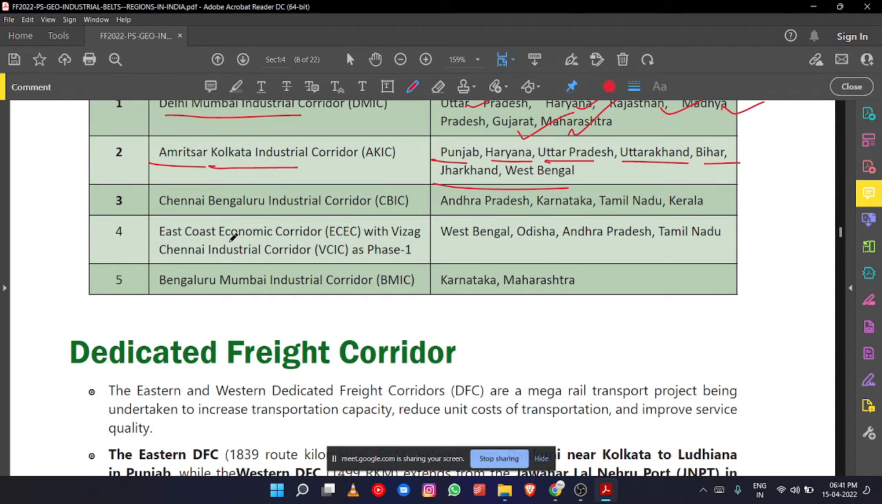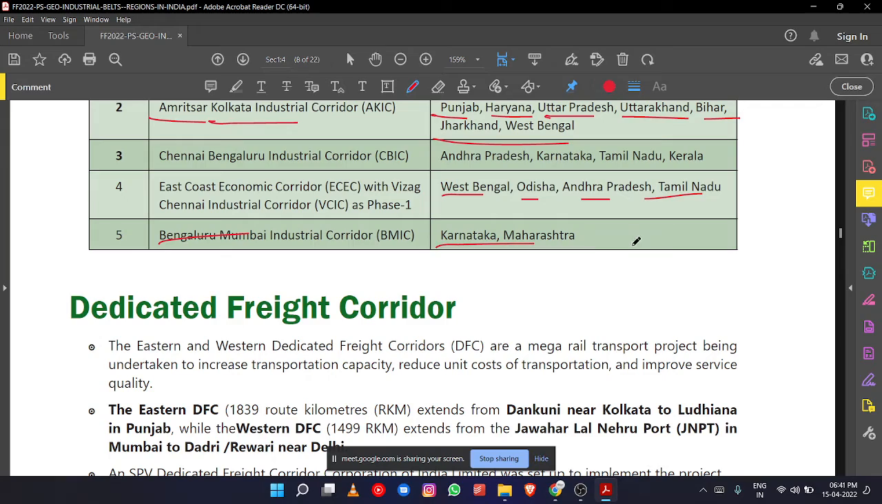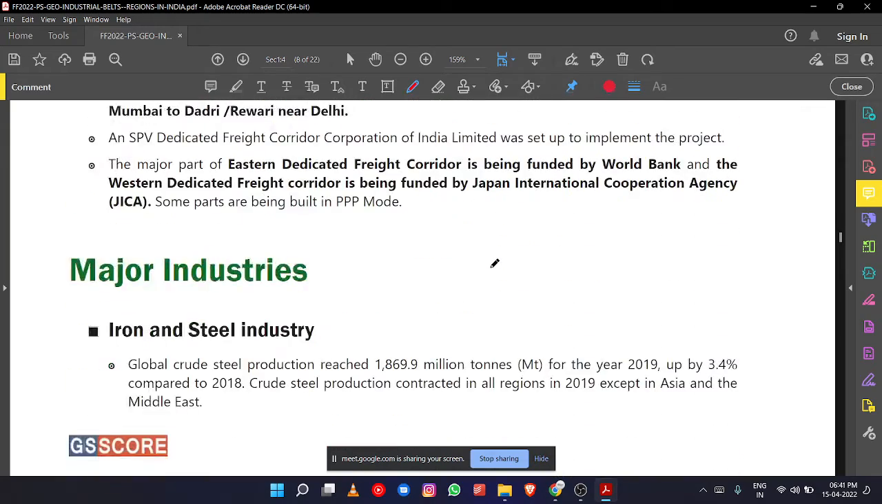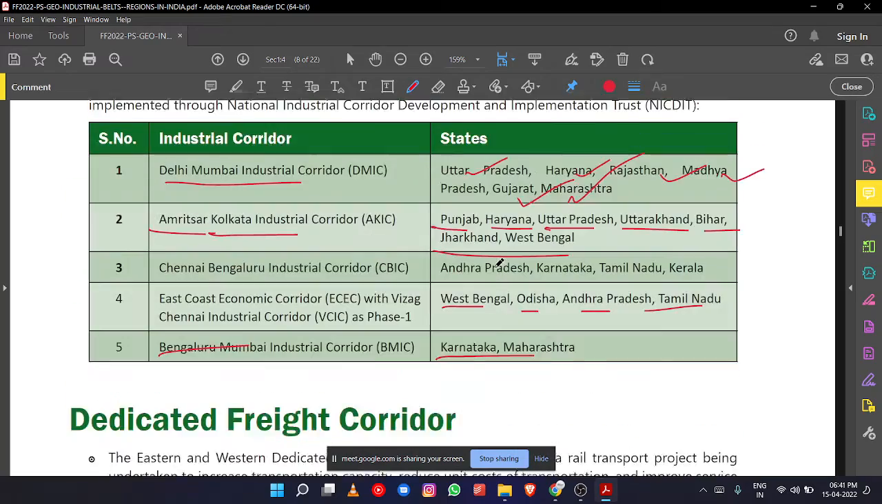East Coast Economic Corridor with Vizag Chennai Industrial Corridor in phase 1, and then in phase 2 there is another plan. So Bangalore Mumbai Industrial Corridor. This East Coast Economic Corridor covers West Bengal, Odisha, Andhra Pradesh and Tamil Nadu, and the Bangalore Mumbai Corridor covers Karnataka and Maharashtra. So if you can see the map,